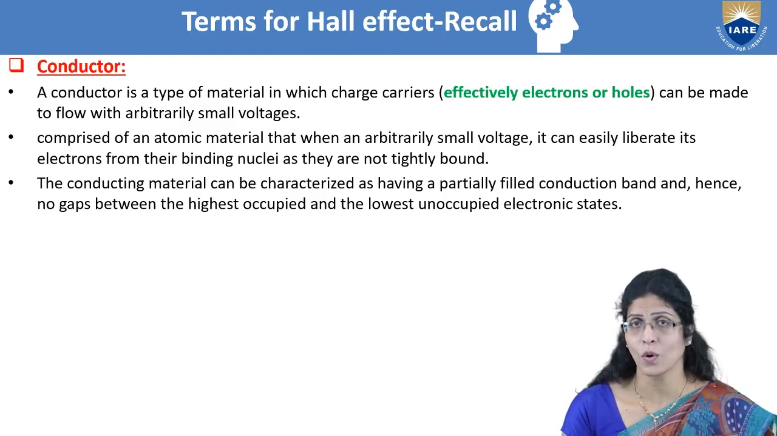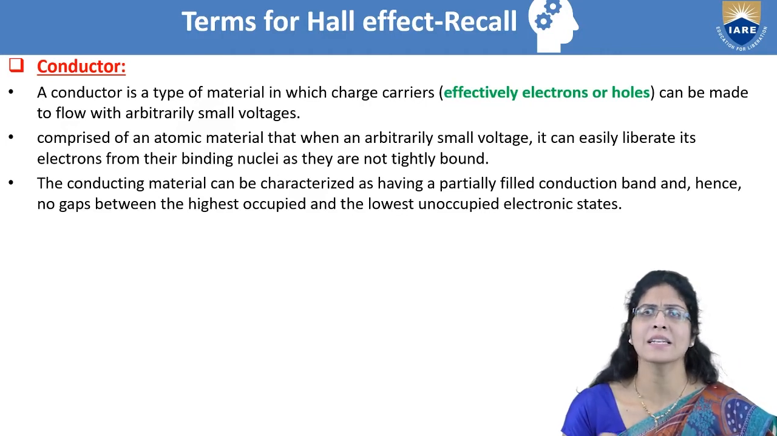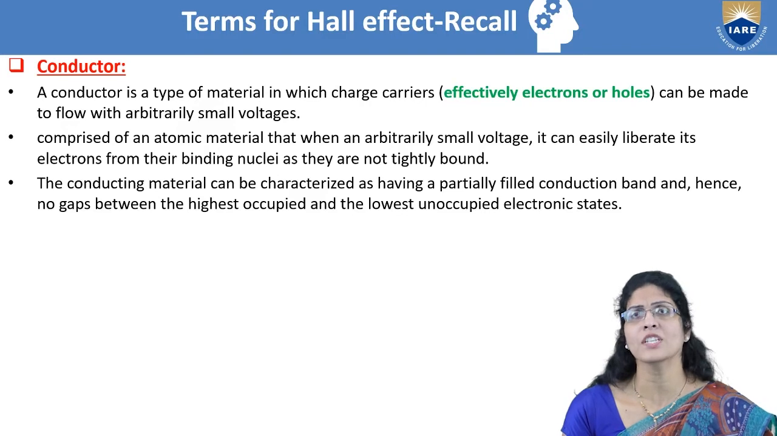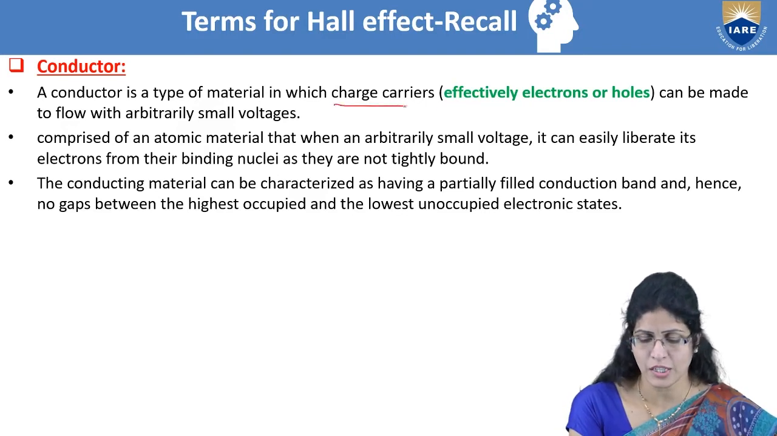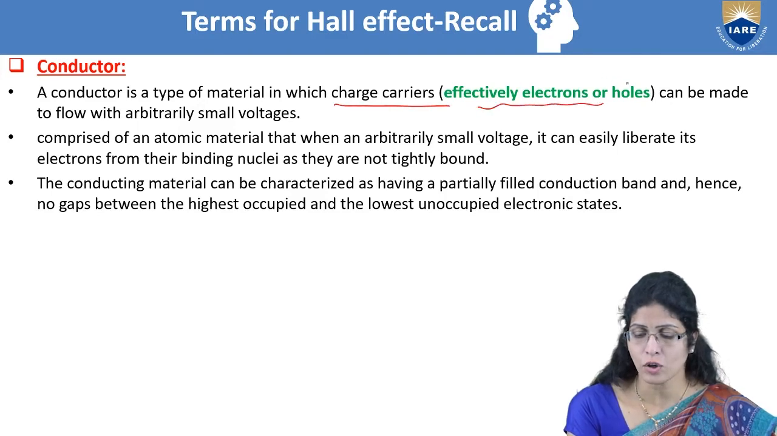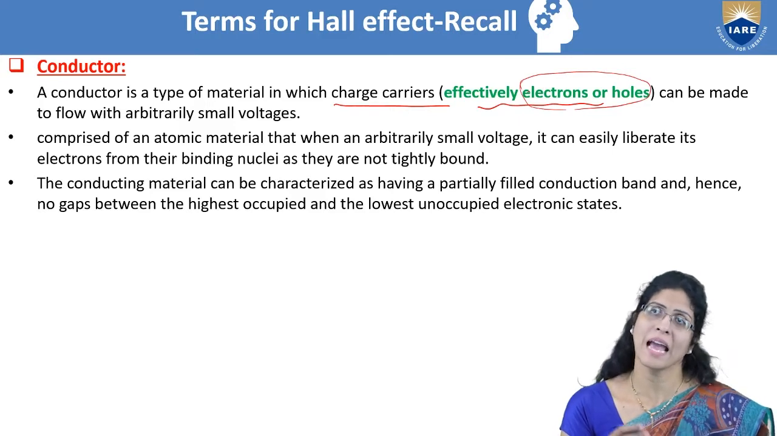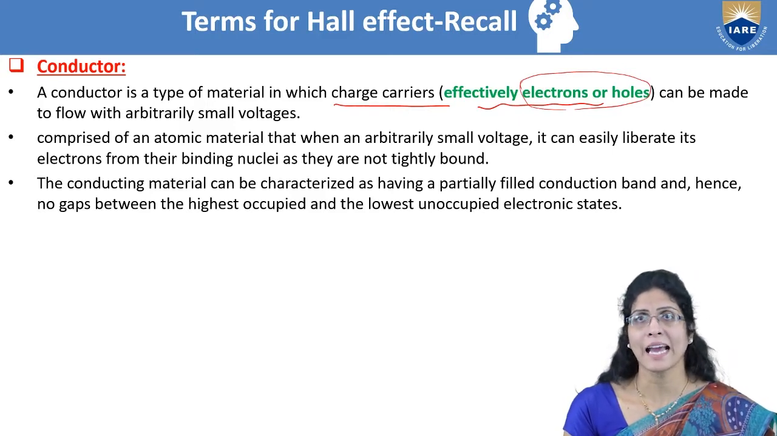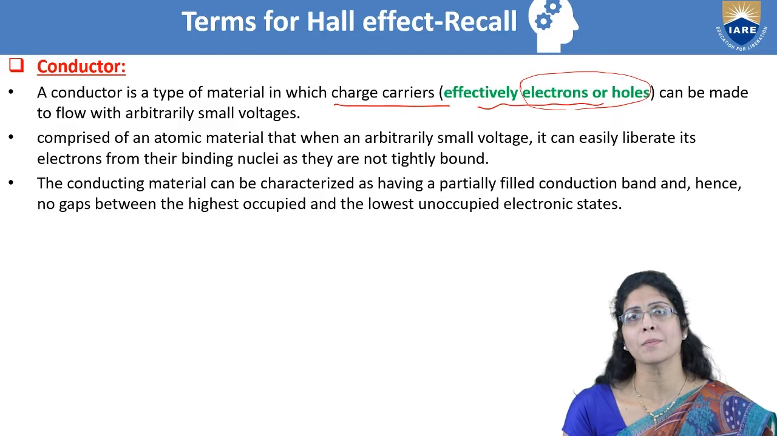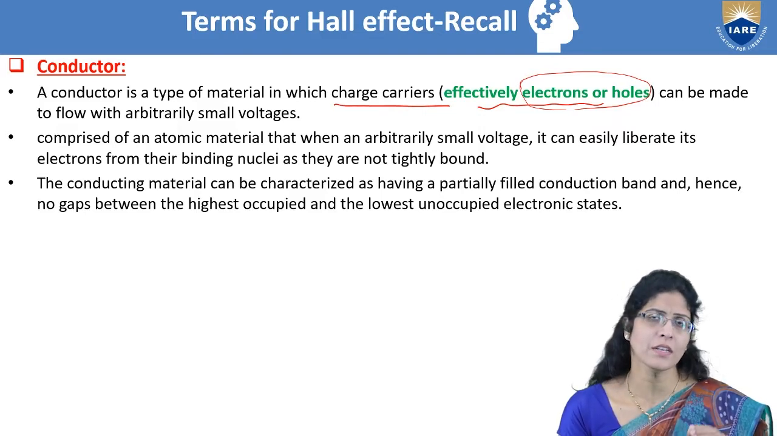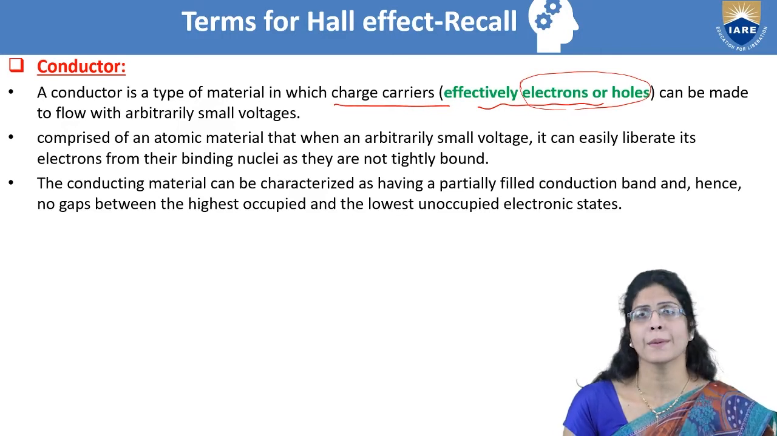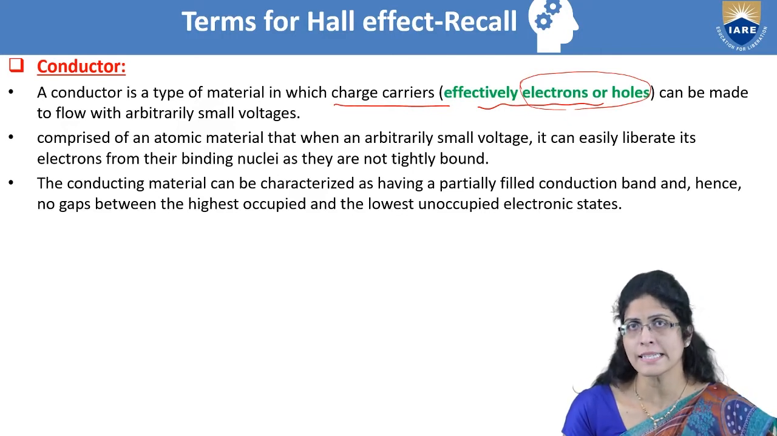So let's revise what is a conductor. Actually, you know it very well. The name itself says that it's a material which conducts more. Which conducts more in the sense what? It has charge carriers, effectively electrons or holes. You have to remember this very well. Electrons or holes, it may have any of them, and they can be made to flow. Conduction means flowing, with arbitrarily small voltages. Even if you give a small voltage, they can be easily made to flow,